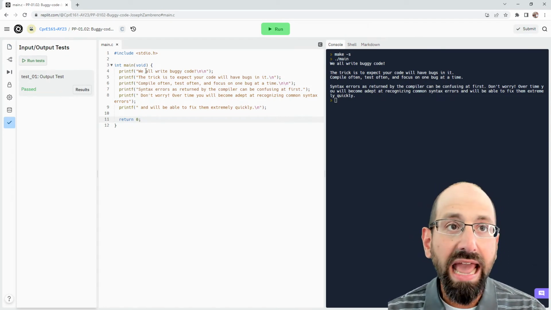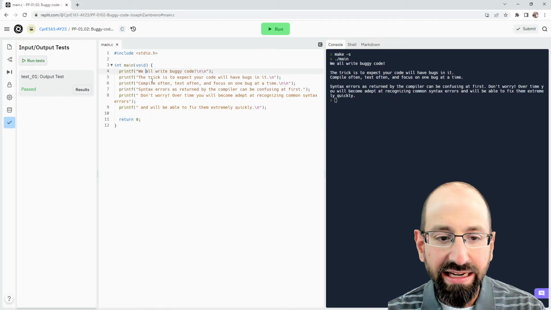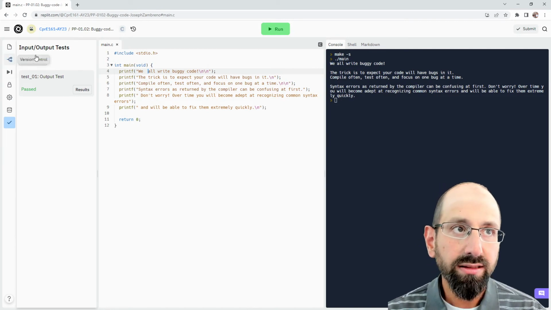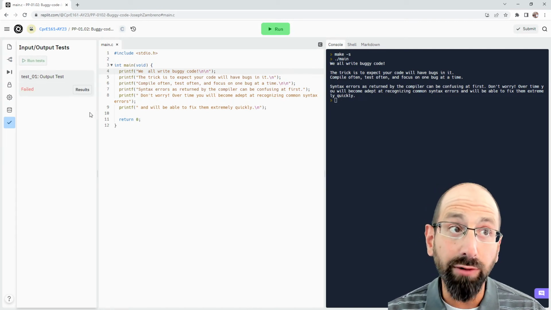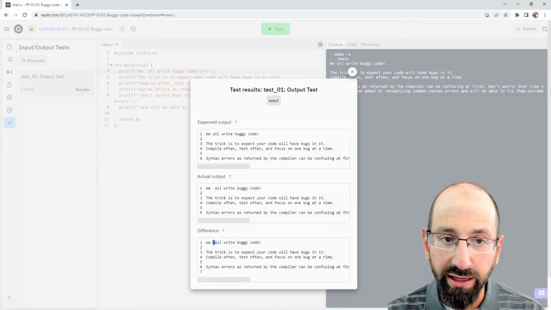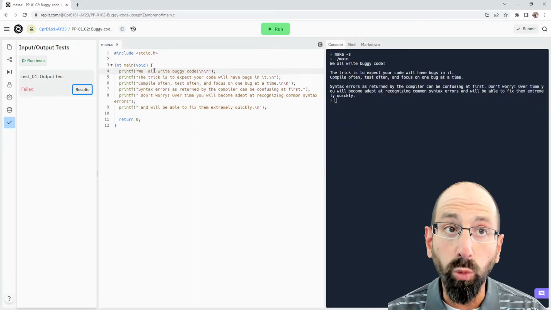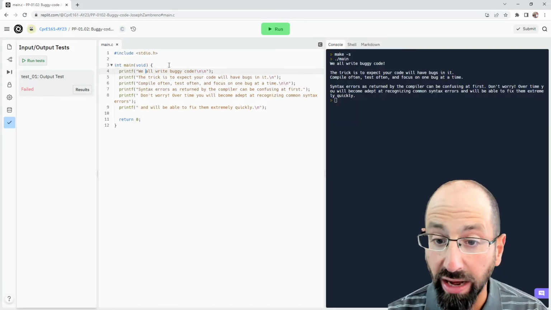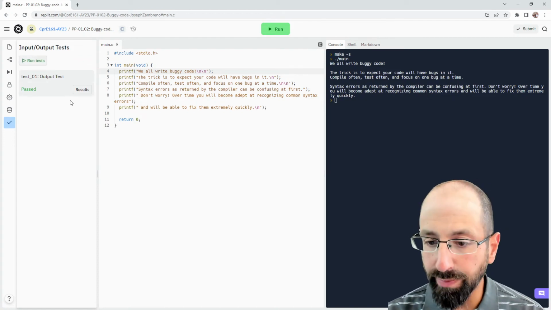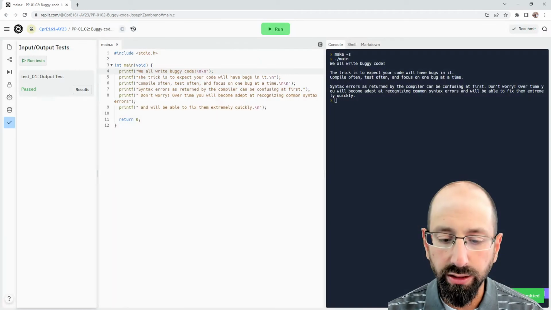Pass window. As I mentioned, it's pretty sensitive. If I just were to add an additional space between the first 2 words and what I wanted to print out here, logically it's still very similar, but now when I run the test, it will fail. It'll tell you where it failed. Hey, you have an extra space right here, and that's exactly what that difference is trying to tell you here, but it will catch it. It will not be considered correct for that purpose. We change it back, we run it, we pass all the tests, we submit PP01.02 here,